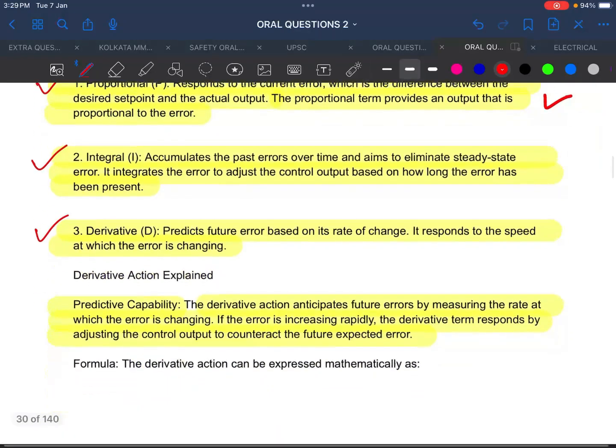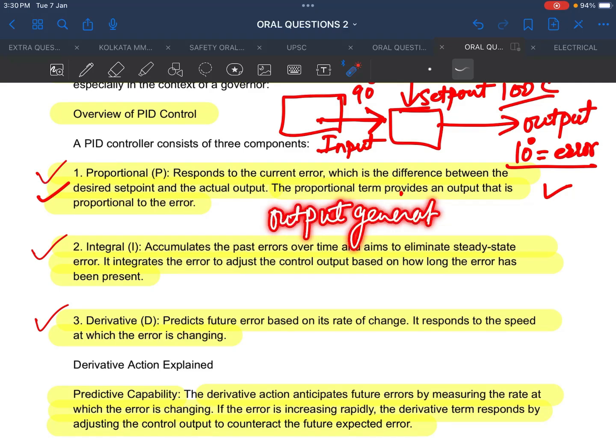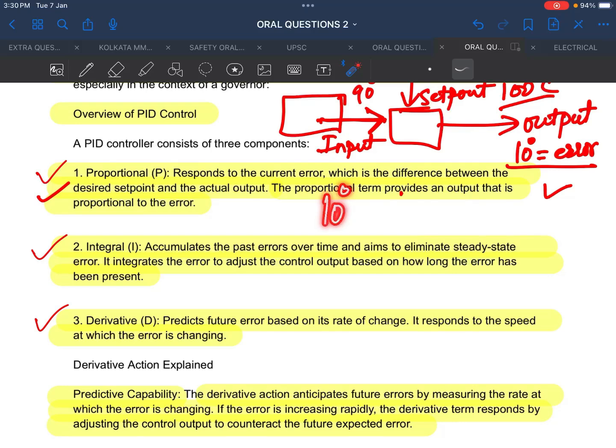Let's suppose this is water. This 10 degree error is compensated by the proportional controller. The proportional controller generates some output which is directly proportional to the error signal. Suppose the error signal is 10 degrees, it will react accordingly and send a control output according to this error signal. They try to compensate this 10 degrees Celsius error and increase the temperature, like suppose there is some heating arrangement, with the help of the proportional controller, because the output is directly proportional